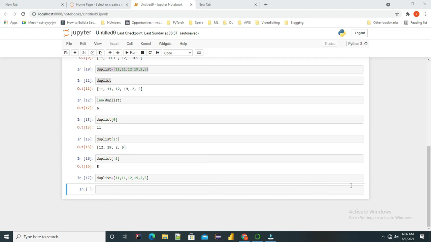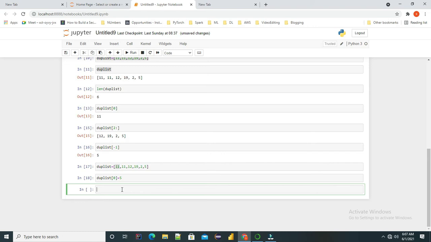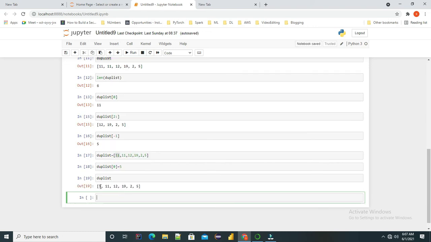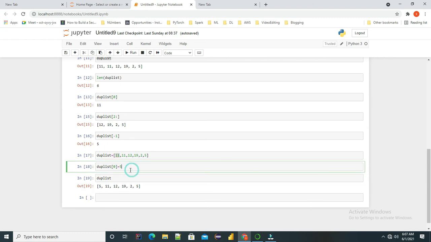If we have to change the value of any element in a list, we can simply assign that value to the index. Let's suppose we have to change the value at index 0, which is 11. If we have to change any values in the list at any index position, we'll just specify the index in that list and give the new value which we want to keep. At the 0th index, we'll give the value 5. Let me do that, and if I try to print this dupe list, you can see now the value is changed. So this is how we can update a value at any index position.